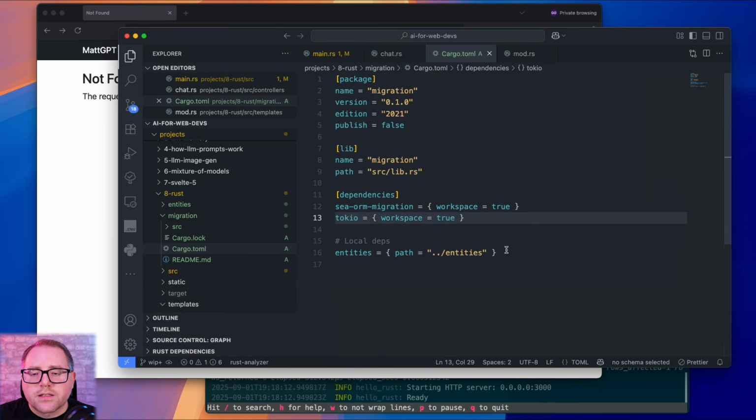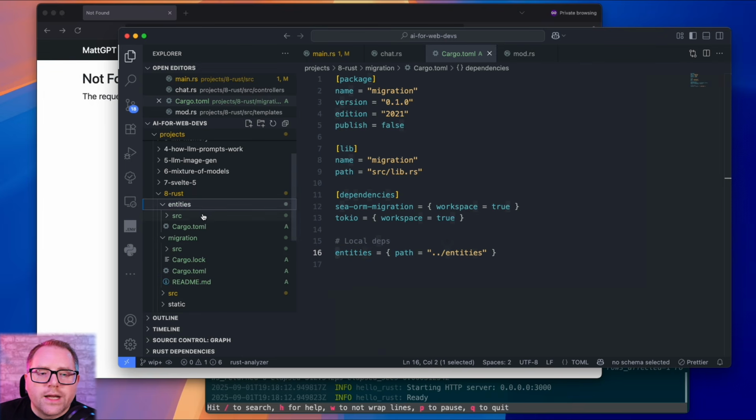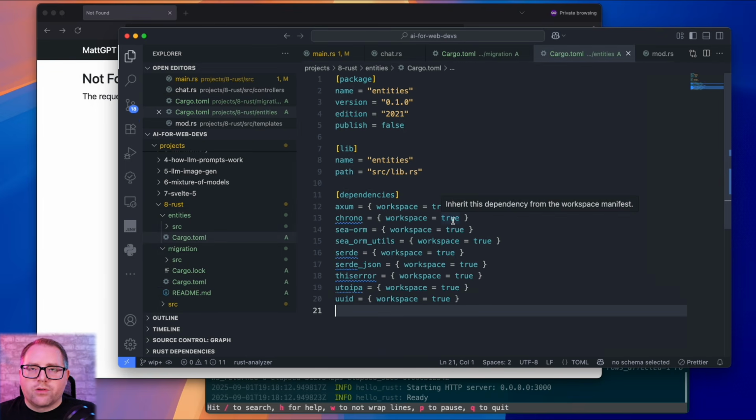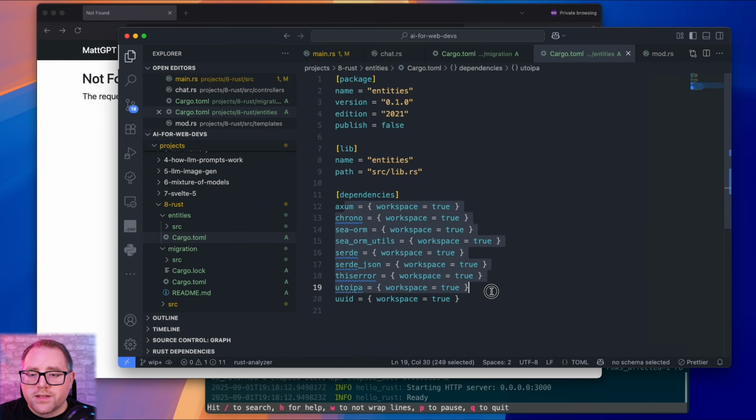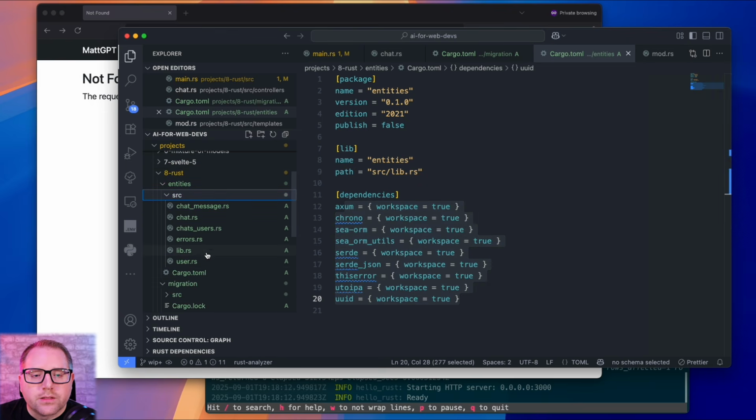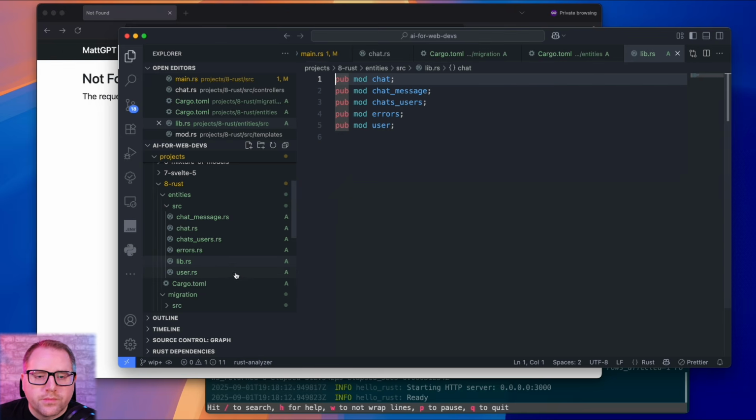And then we're also actually going to depend on our entities crate. Our entities crate, again, it's just going to have our basic models and that type of stuff. You can see here we've got our dependencies getting pulled in from our workspace.